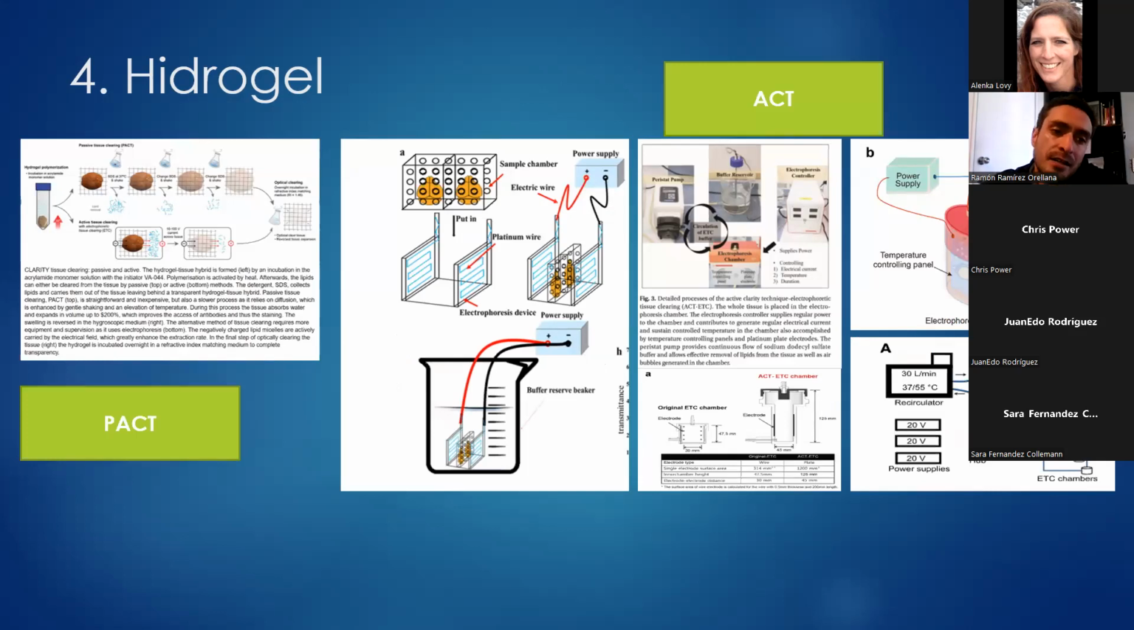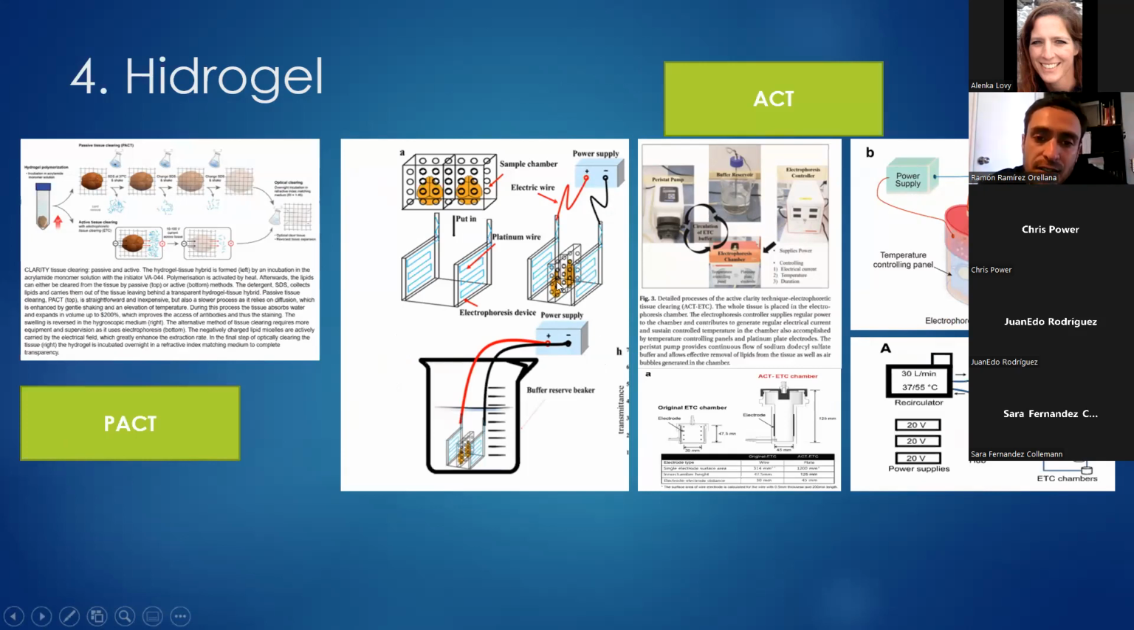El Clarity pasivo, como les comentaba, es dejarlo en una solución de detergente durante mucho tiempo principalmente. El tejido en el hidrogel se deja durante mucho tiempo. Ese es el Clarity pasivo. Y el Clarity activo